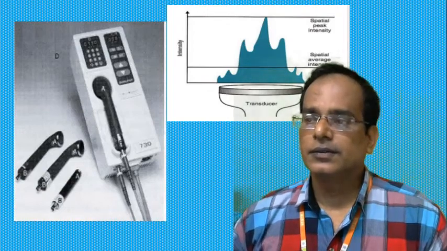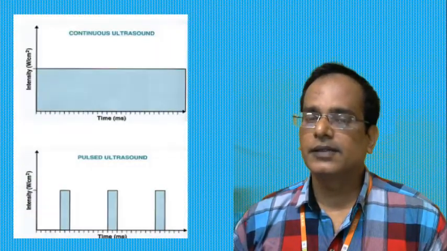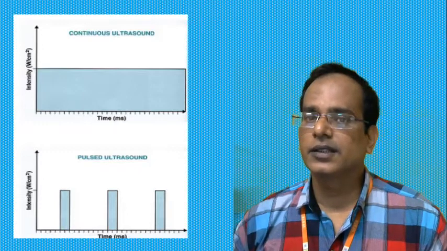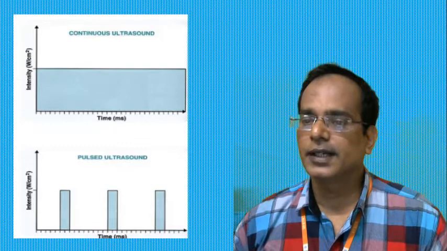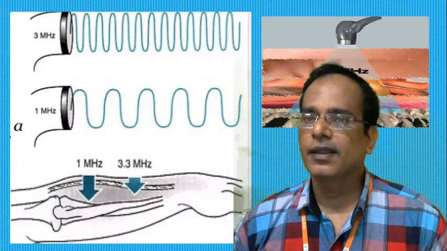Now we'll see another one. This is a waveform. We can generate the ultrasonic wave in two manners. One is continuous ultrasound, another one is pulsed. The pulsed one is called a discrete one. Depending upon the application, they use continuous or pulsed. The continuous one they are using will vary from one to another, and the application also differs in the penetration of waves.